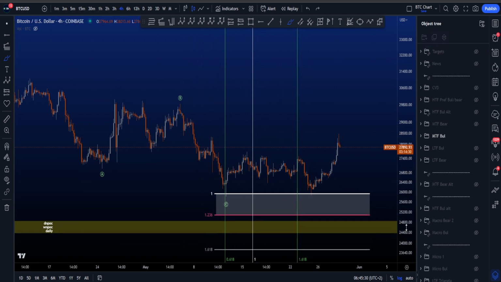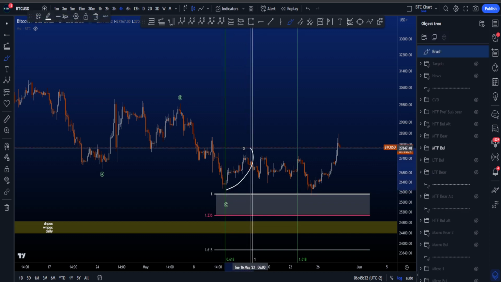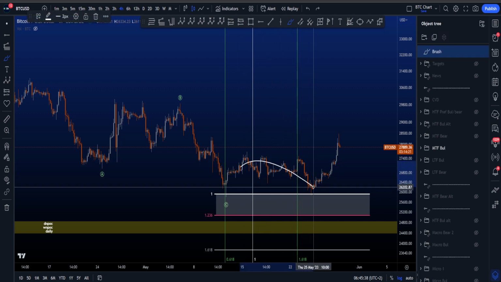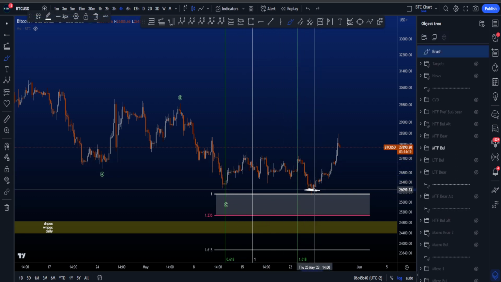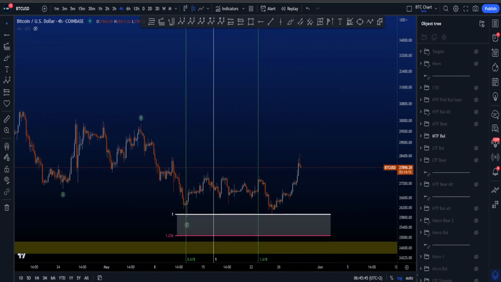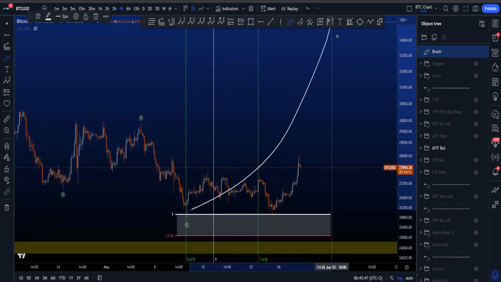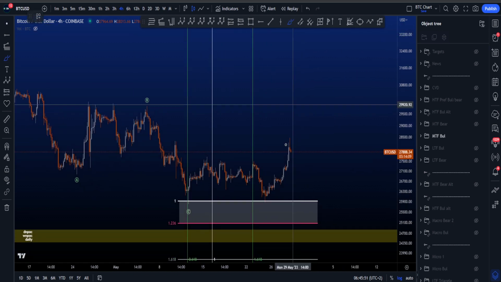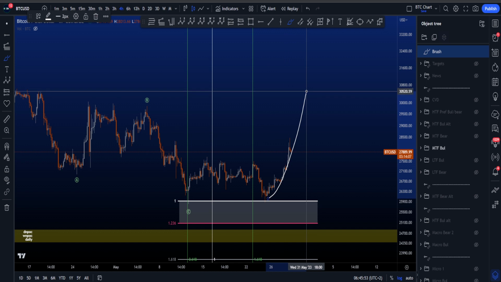But the main reason that this was an alternative is because of this move to the upside, which is very, very difficult to count in an impulsive structure. And then the retracement we got to the downside, reaching the 886, being a rare target for a wave 2, is not really something you want to see if you're looking for a lot more upside in a bigger wave 5. Of course, it's all probabilities, and price can already be inside now a bigger wave 3 to the upside,